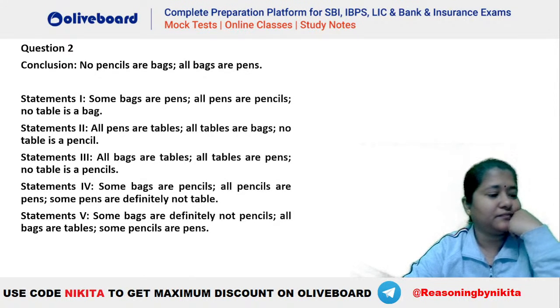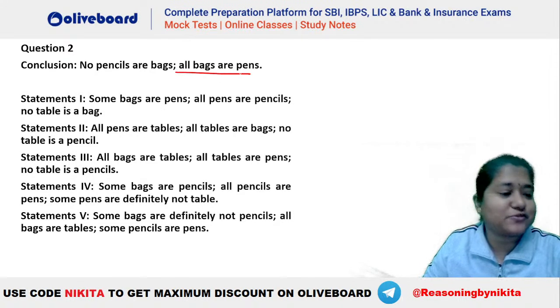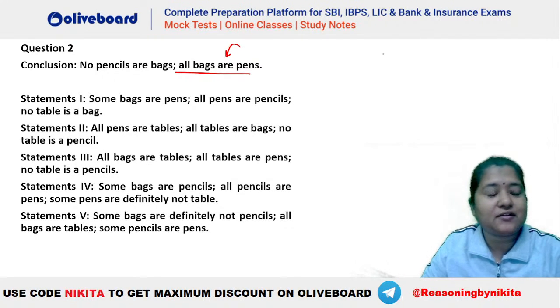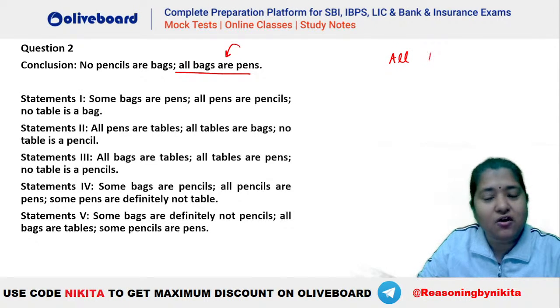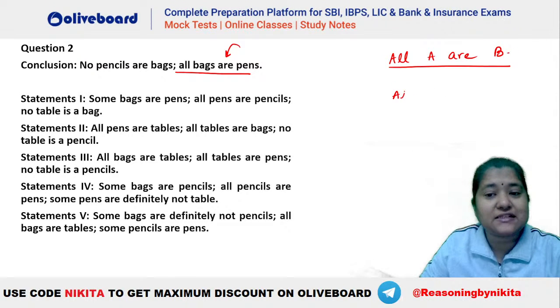Anybody? Look, when you have an all in the set of conclusions, right, it becomes very easy. Now to have a definite all, what should be there? Understand, guys, how do we have an all A are B? To have an all A are B, there is only one method here. What is that particular method? That is, you have, let's say, all A are C. Let's take all A are C.